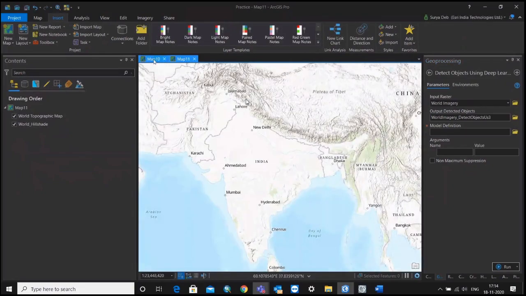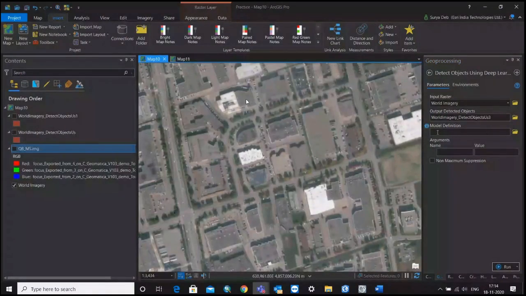Yeah, sorry. So here you have to select your model definition. No need to go to other places, I'm just showing here. Once you upload your imagery, then you have to create your model. That model is actually already created, so you have downloaded that model, which I showed you.